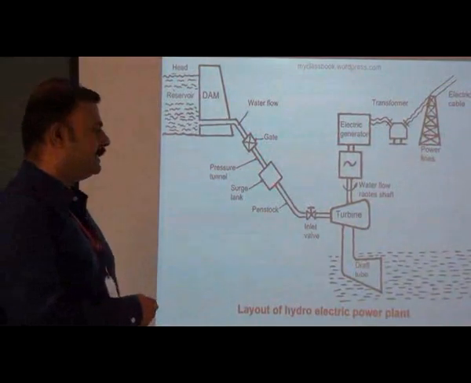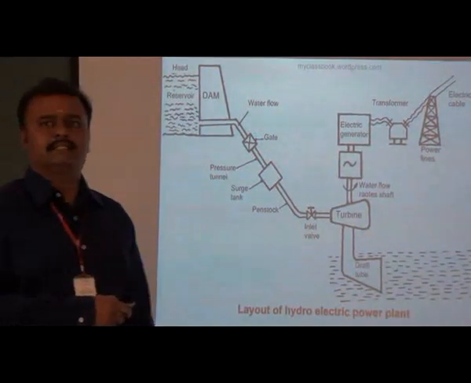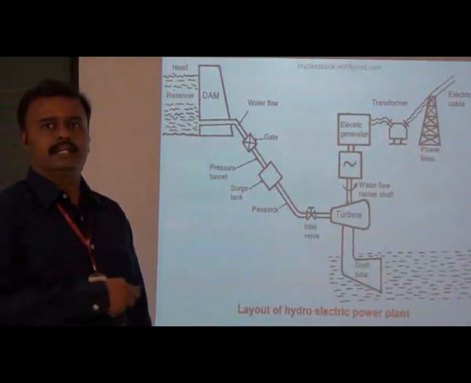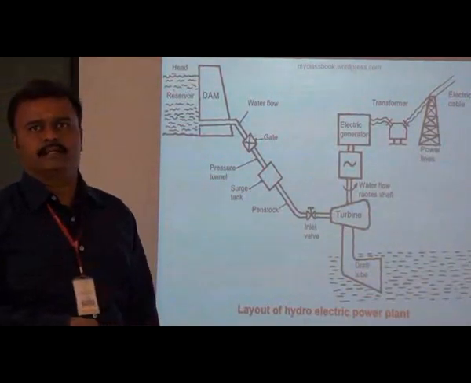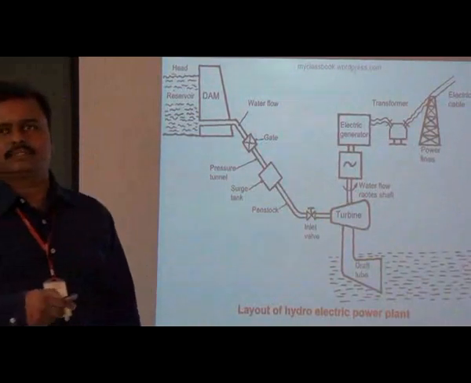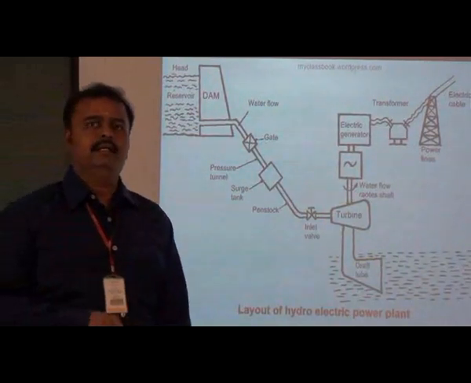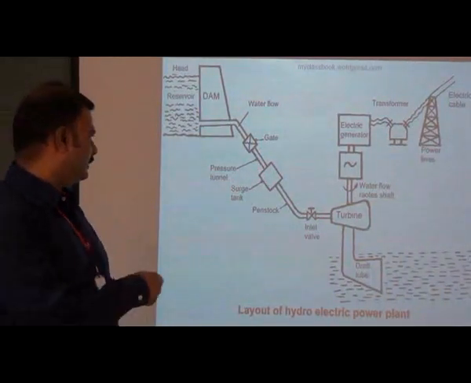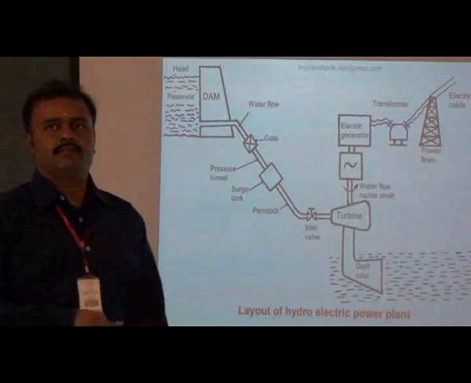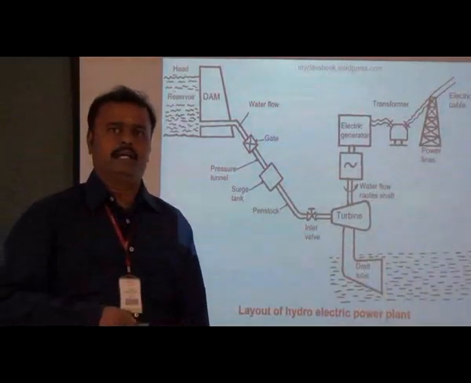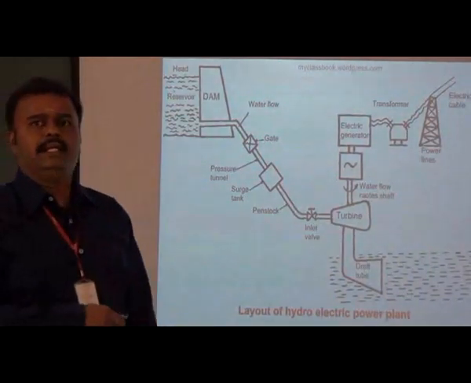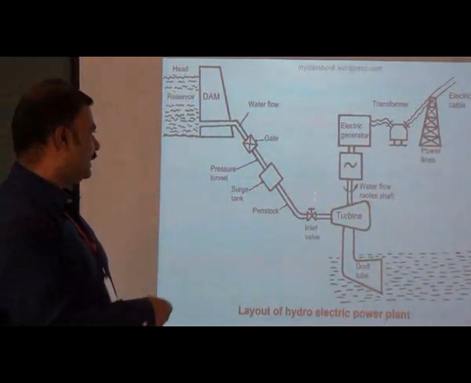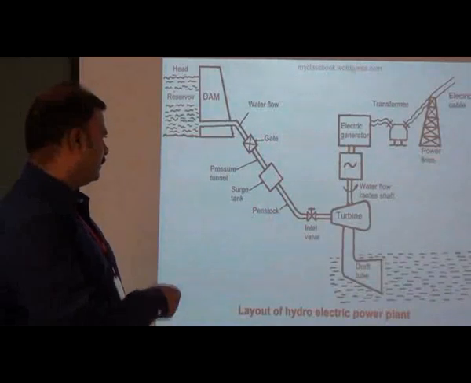And this one is the surge tank. As I already told, the surge tank is a temporary tank which is located between the gate valve and the input of the turbine. Because if we suddenly close the input valve of the turbine, a sudden pressure is created in the water tunnel, that is called a water hammer. To avoid the water hammer, a surge tank is provided. It is a temporary tank located here.